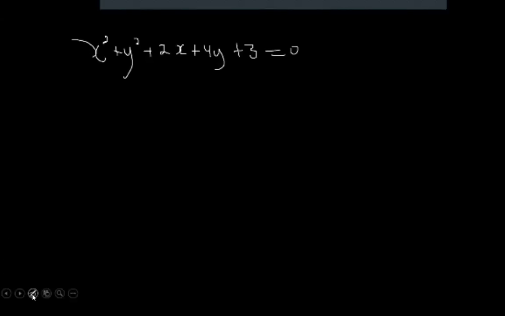They give you that x squared plus y squared plus 2x plus 4y plus 3 is equal to 0. So instead of using the formula to find h and k, the coefficient of x on 2 and the coefficient of y on 2,